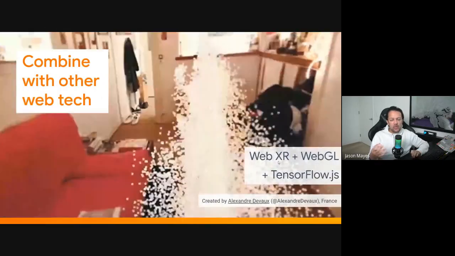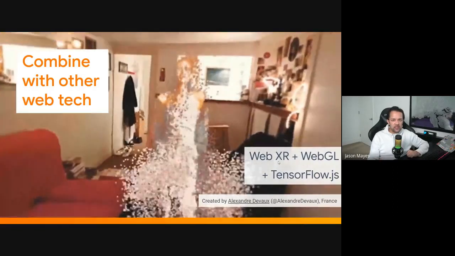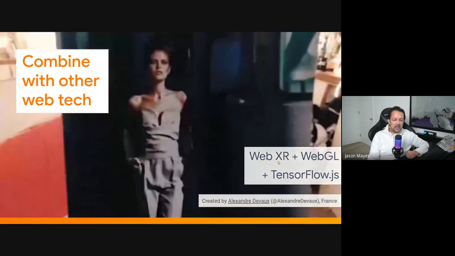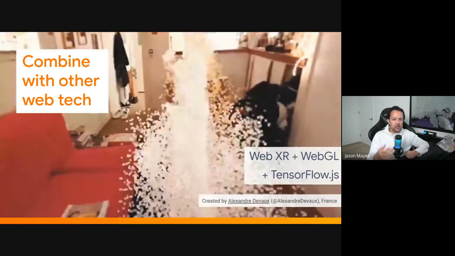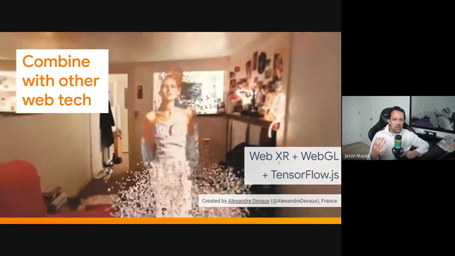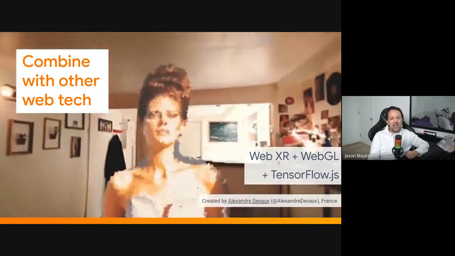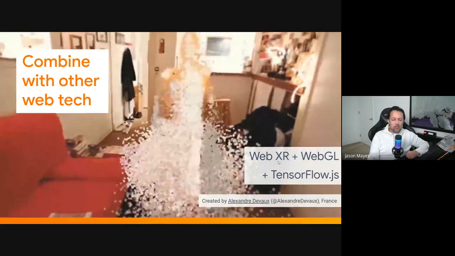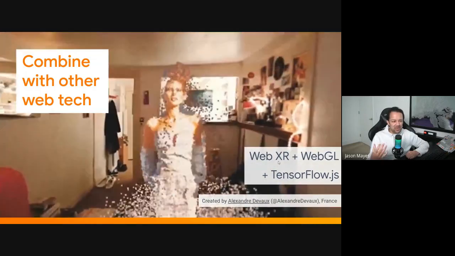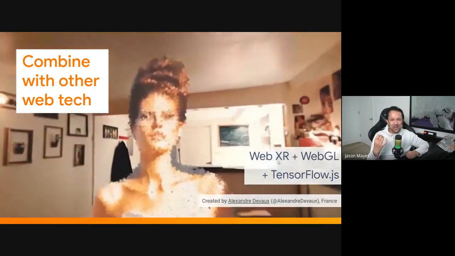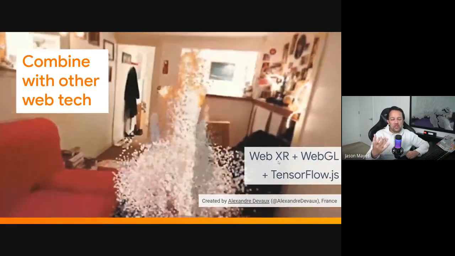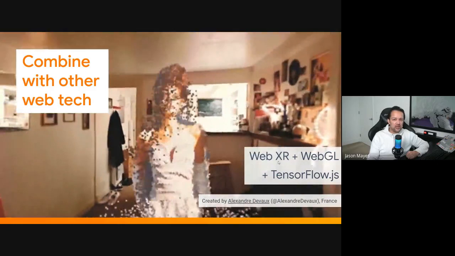And other people have also used TensorFlow.js for very creative things too, as you see here. Another example from the community, this guy can scan a magazine, in this case a fashion magazine, and bring the model to life in his living room using this cool 3D particle effect. And he's now able to walk up to them and inspect them in more detail. And I believe he even managed to get them to speak. They've actually made the character speak as well, which is amazing. And all of this is working on like a 2 or 3 year old Android tablet, I believe.